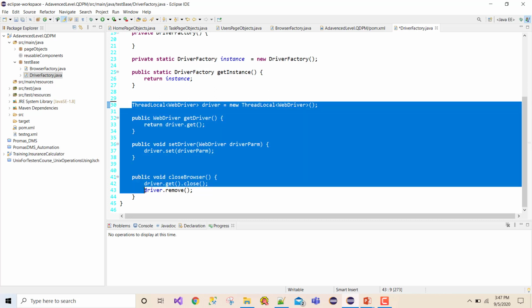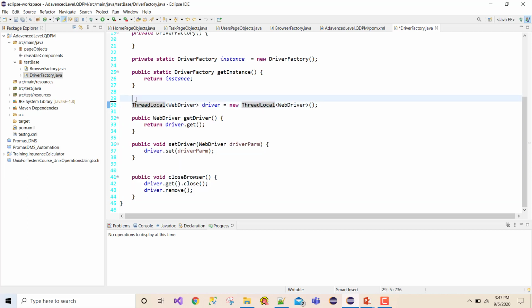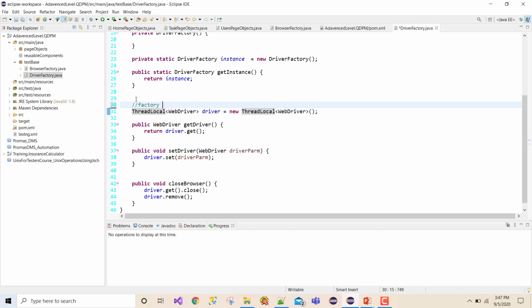And whatever we did over here, this particular approach is called the factory design pattern, right? Now what is the factory design pattern? Let me put it over here, one liner. Factory design pattern is something where we define separate factory methods for creating objects, and create the objects by calling those methods.